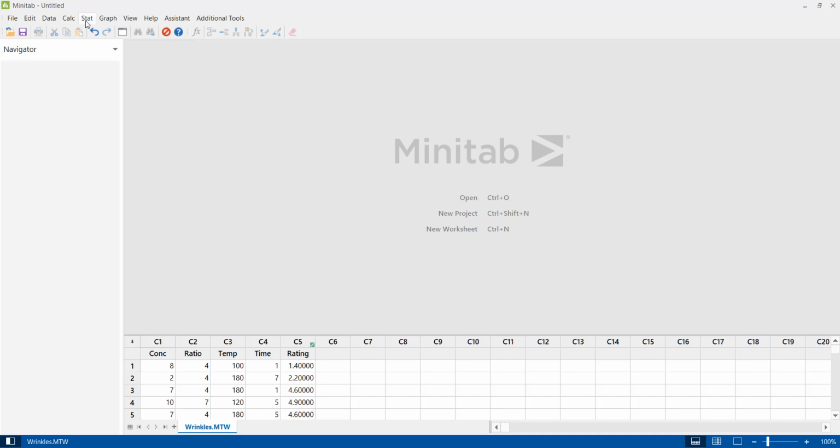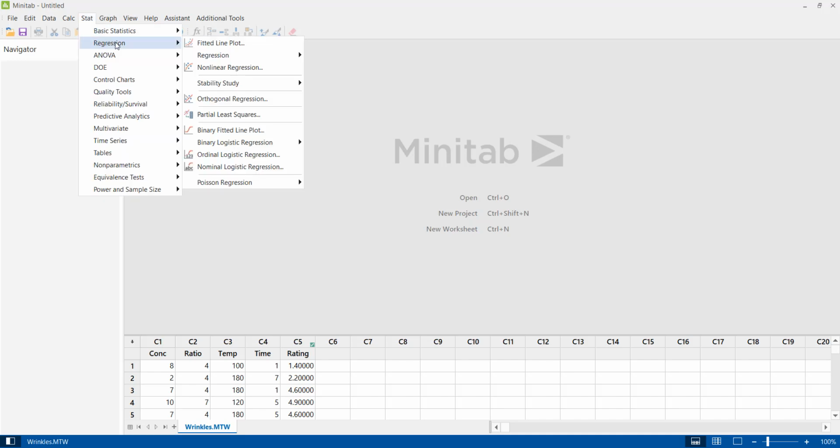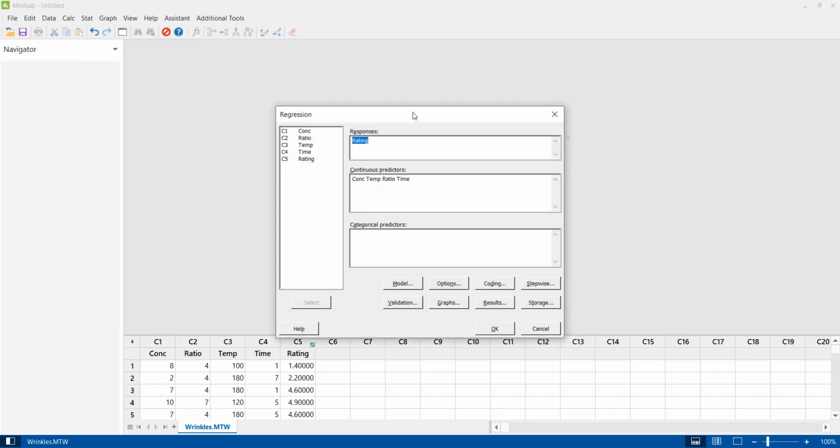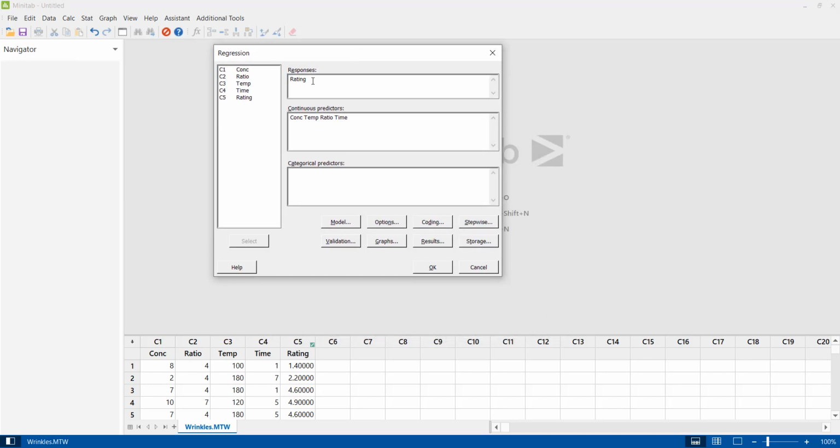Let us start. Go to Stat, Regression, Fit Regression Model. We need to select rating as the response, and for the continuous predictors, we select concentration, temperature, ratio, and time.